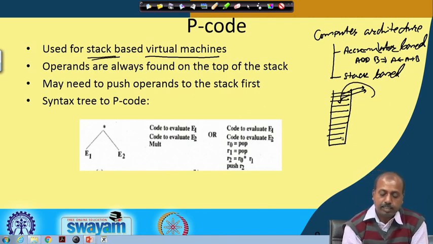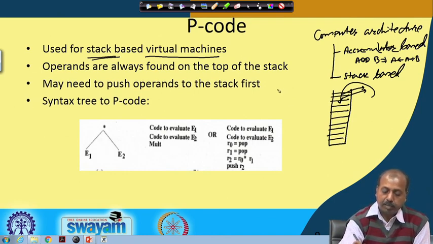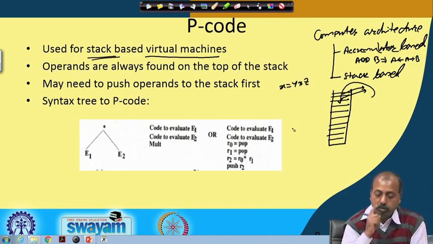Suppose I have, say, x equal to y into z. Then what will it do? It will put y and z into the stack, and then when this operation has to be done, it will take out z and y from the stack.